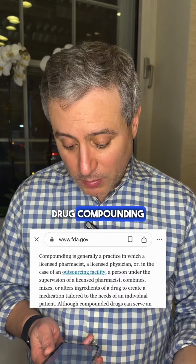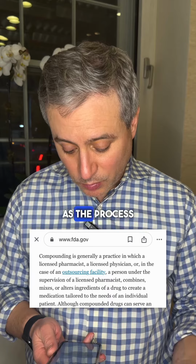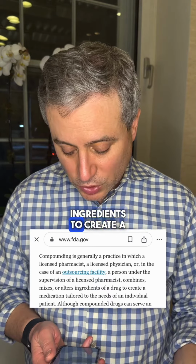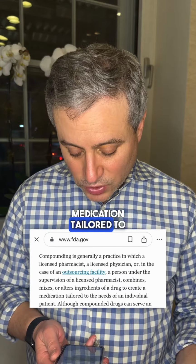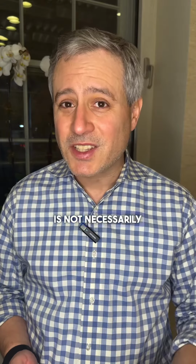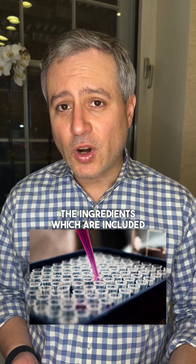Now, according to the FDA, drug compounding is often regarded as the process of combining, mixing, or altering ingredients to create a medication tailored to the needs of an individual patient. That's according to the FDA. Now, while drug compounding is not necessarily FDA approved, the ingredients which are included in that hair loss treatment compound